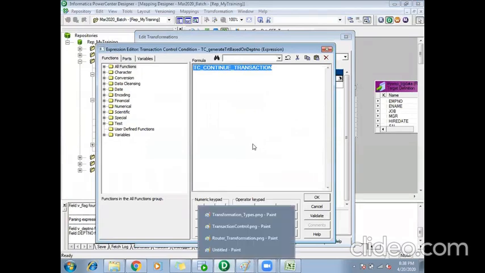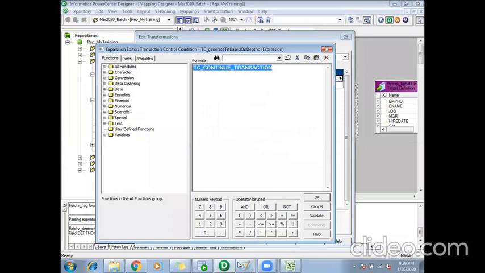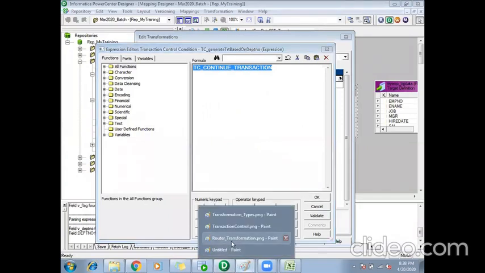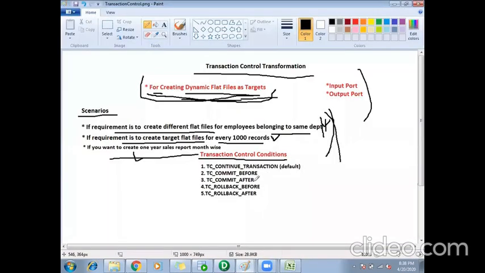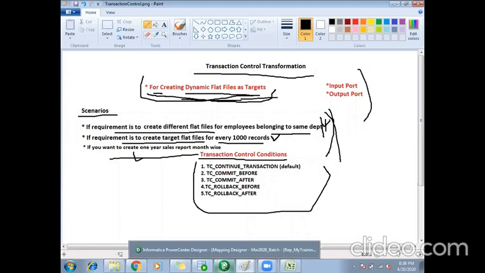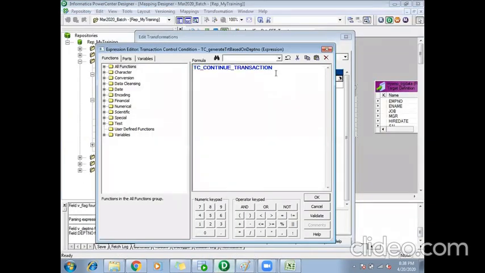In this transaction control condition, I can use five transaction control keywords: TC continue transaction, TC commit before, TC commit after, TC rollback before, TC rollback after. We'll see what they are. It is highlighted in blue here because it is a keyword.